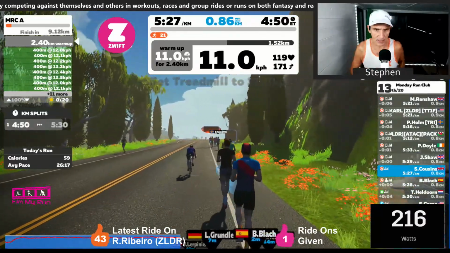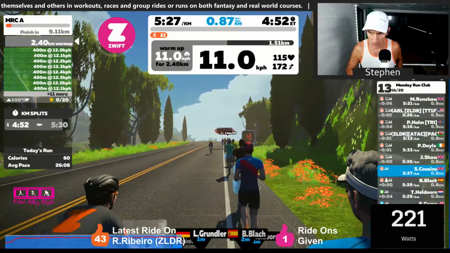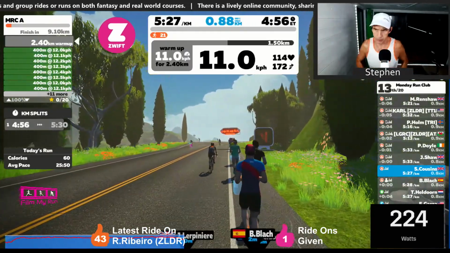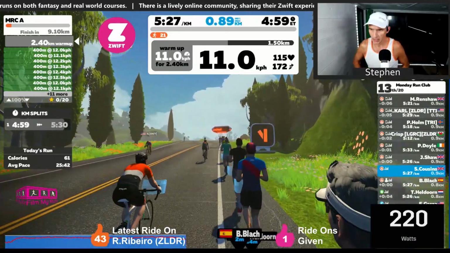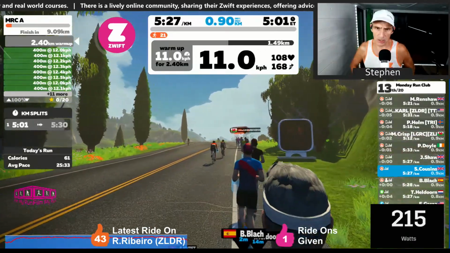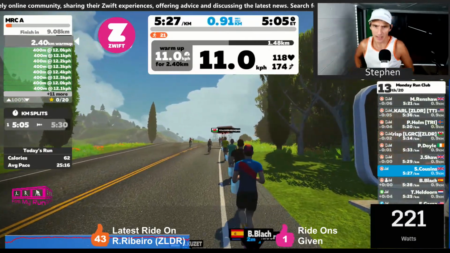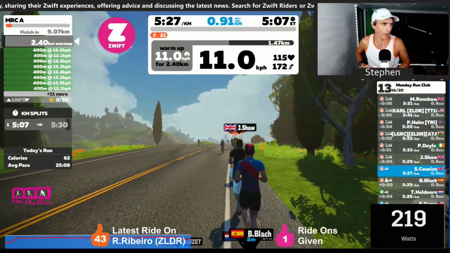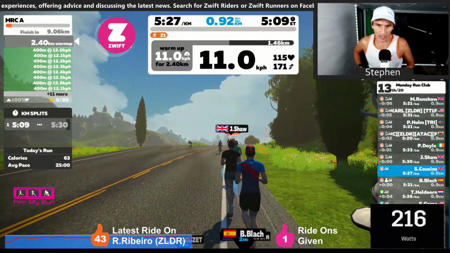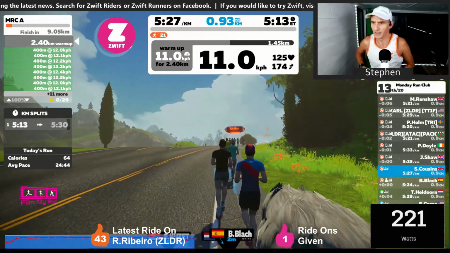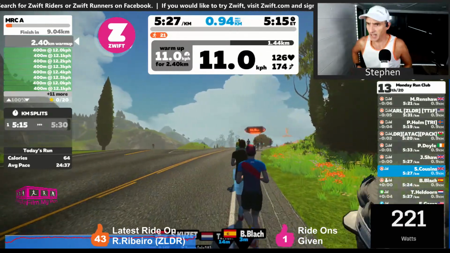Right, we're now up to 11 kilometres per hour. I still don't seem to have caught up to the back of the pack. Well, there are a few runners who are just a bit ahead of the pace spot there. Carl's not been well, so it's good to have you back, Carl. Nice to see you again.